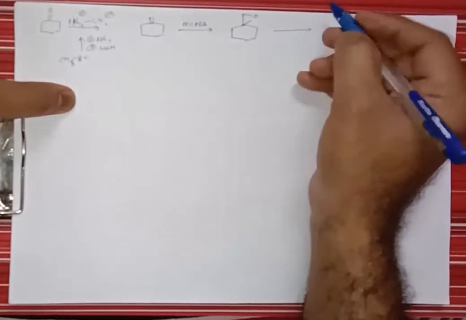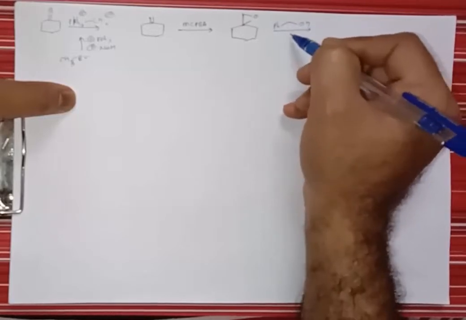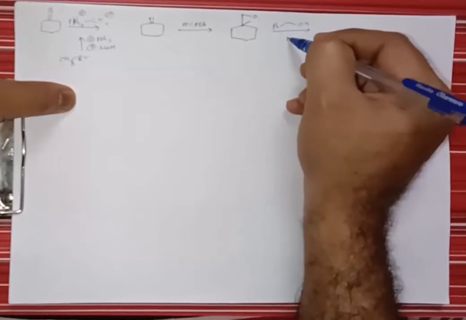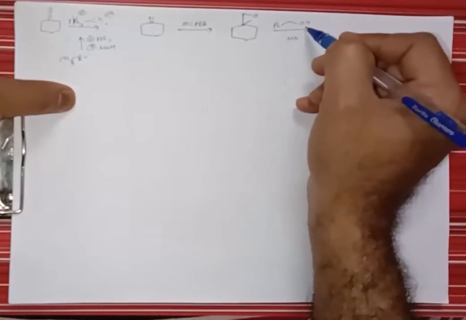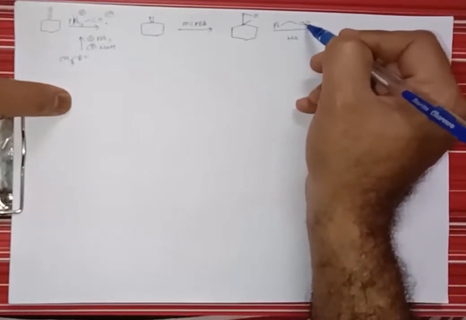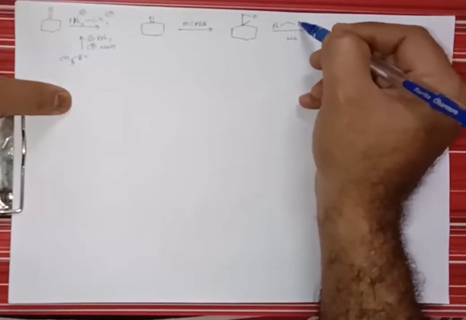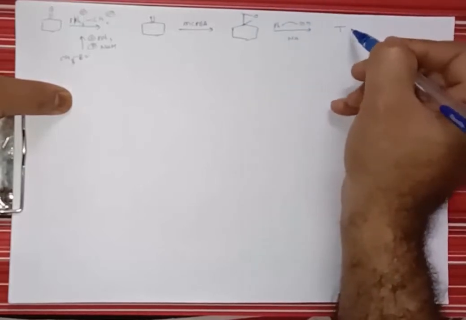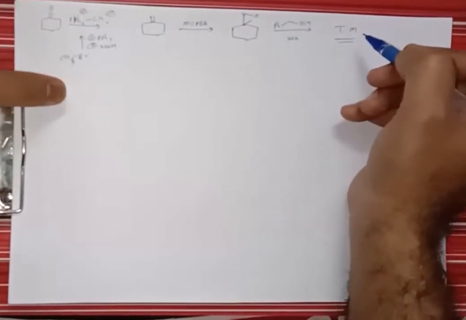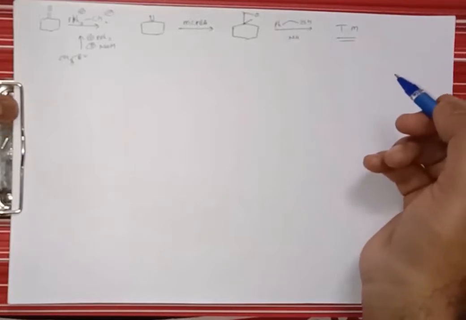And now we can treat this molecule with PhCH2OH and sodium, which gives the salt of this alcohol, and now this alkoxide will attack on the rear side, that means the terminal side, and it gives formation of the target molecule, right? So this is the simple way to prepare such types of target molecules.